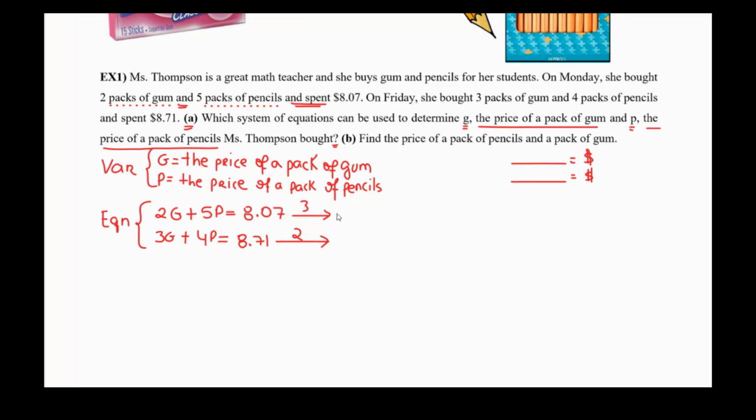Okay, so 2 times 3 is going to be 6g, and on the bottom 3 times 2 is going to be 6g. And we notice that they don't cancel, so I'm going to add a negative here, and then now when I multiply 3g times negative 2, I get negative 6, and they will cancel. So I know that these numbers are correct, so I'm going to multiply 5 times 3 is 15p equals